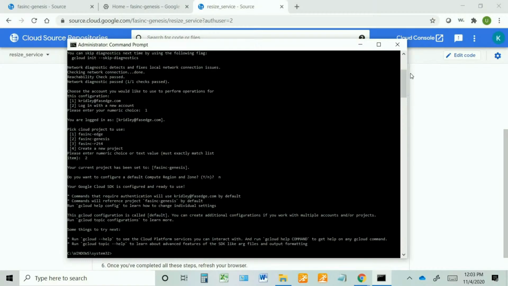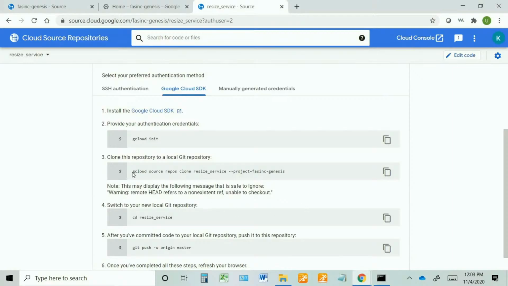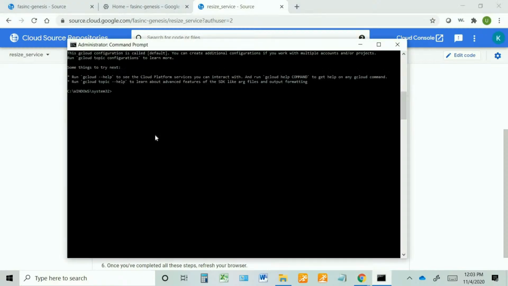Now the next thing we want to do is clone the repository. So we'll come back here and get the command. Copy. And before we do that, like I mentioned, you want to be in the directory that you want the repository set up in. So I'm going to get out of here. Okay, so now there is a folder I want to be in, and it's going to create this folder for me under that. So now I'll paste,